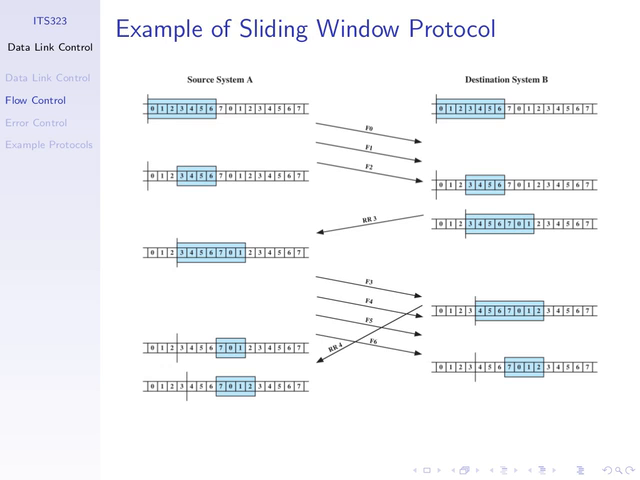If B receives 3, 4, 5 and 6, but they're still in the buffer, it can send a different type of frame. Actually, we'll leave that one there. And sometime later we send frames. And the receive not ready frame